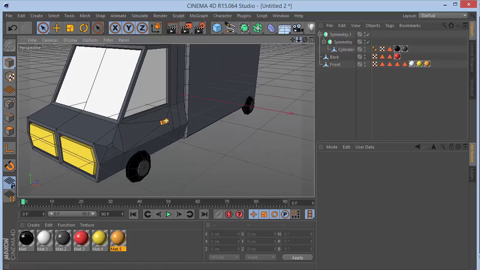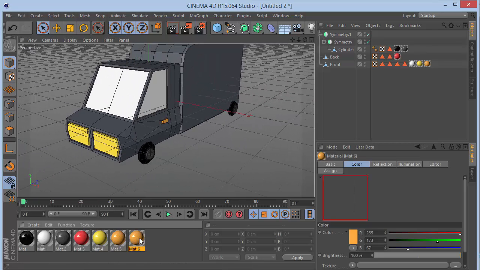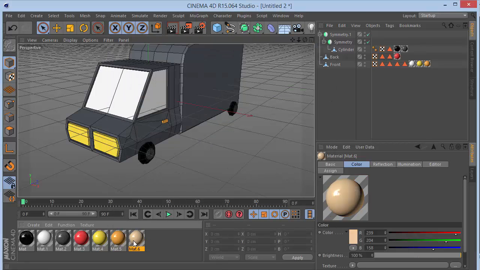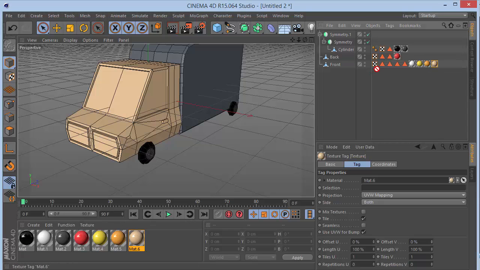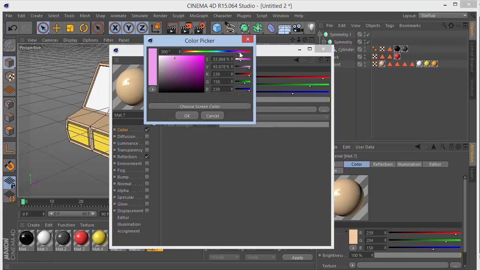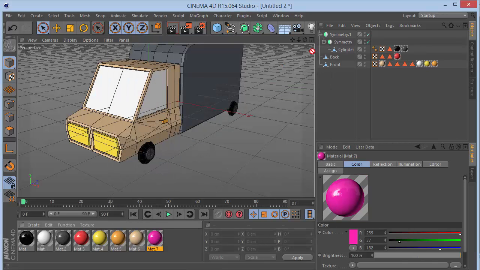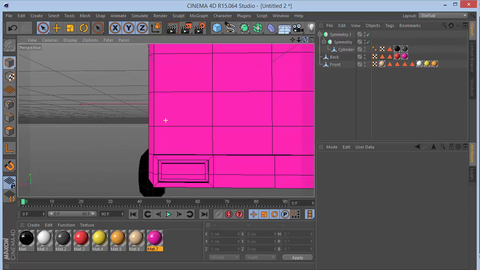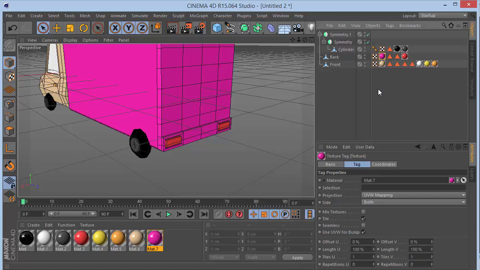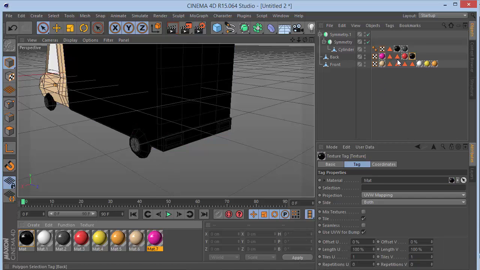Now let's make the color for the front part. So let's duplicate this material, and we want to make this a nice peach kind of color. So like that. I'm going to drop this on the front. I'm going to make this the first material. Let's duplicate this, and we want to change this to a kind of pinky purple, some kind of a love line, and there we go. But this is overlapping our layers, so let's drag this front, and then let's drag the black material on the back, and we want to put in this back selection tag. Okay,